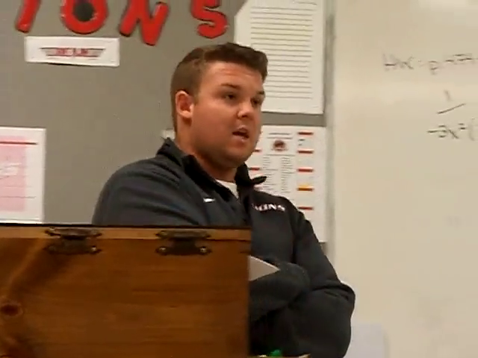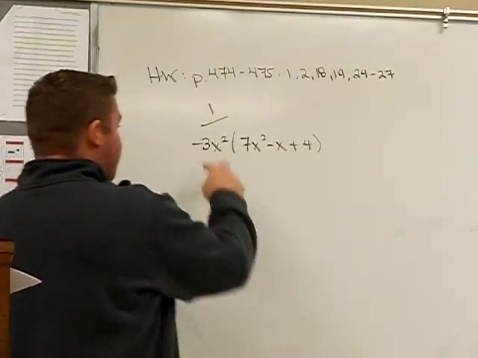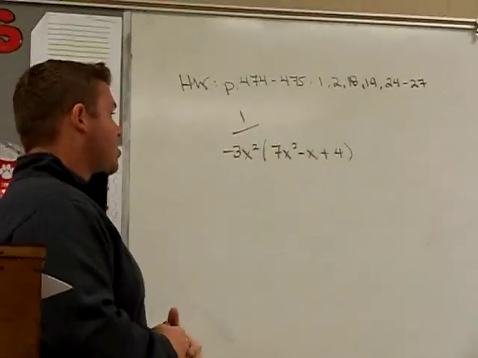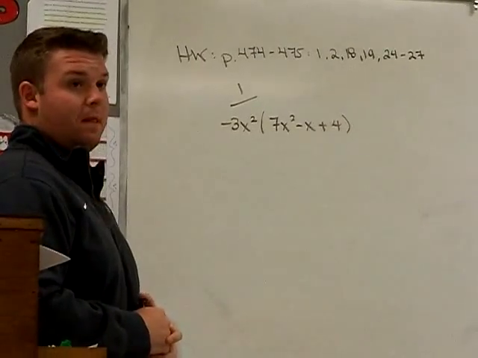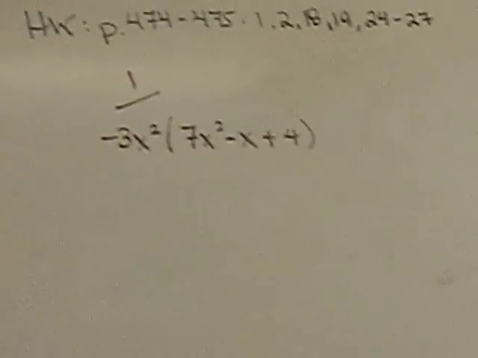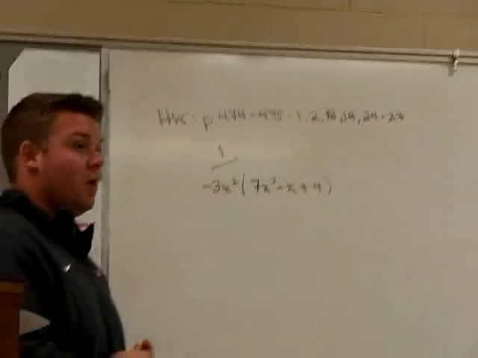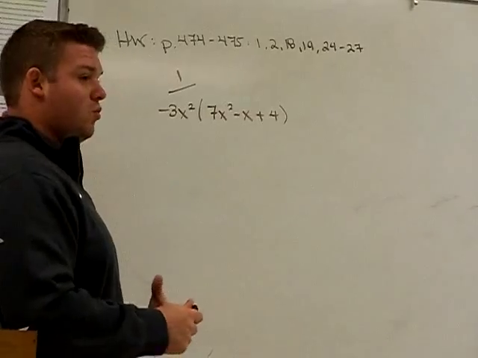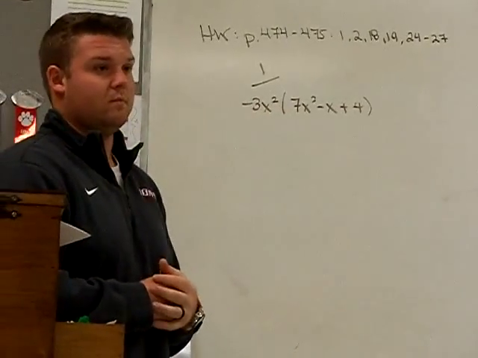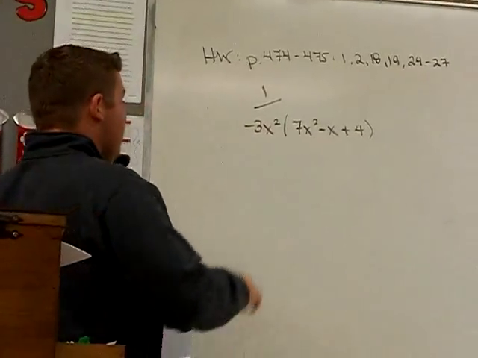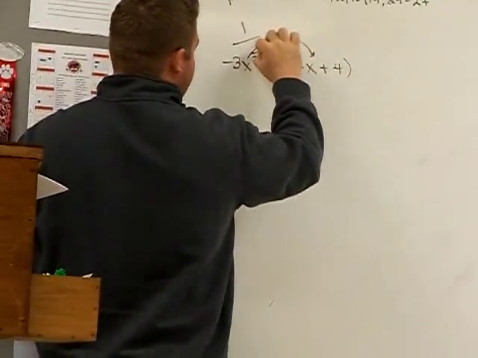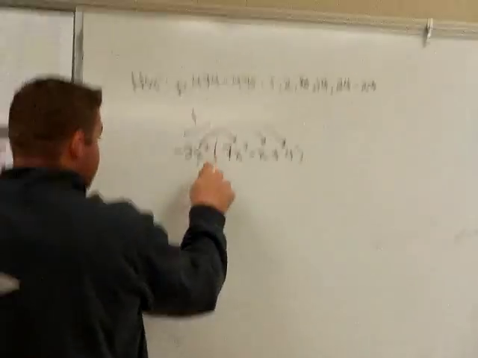Now, we're taking a monomial, negative 3x squared, and multiplying it by a polynomial, 7x squared minus x plus 4. All right? So what would we do if we take any term and multiply by a term in parentheses? We use what property? Distributive property. So we're going to take whatever term this monomial outside is and multiply it by every term inside this polynomial. Okay? So the first term, 7x squared,